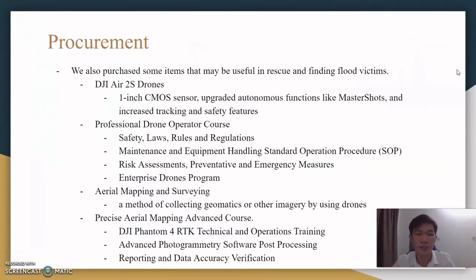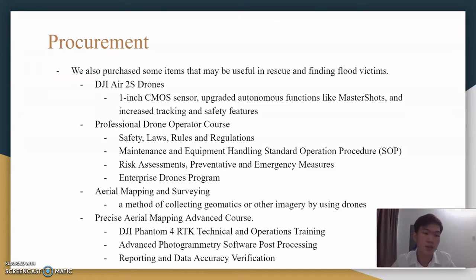And then the next one is the procurement for the project. We have also purchased some items that may be useful in rescue and in finding the flood victims. The first item we have purchased is the DJI Air 2S drones. We purchased this drone because it has a 1-inch CMOS sensor and has been upgraded with autonomous functions like MasterShots and increased tracking and safety features.